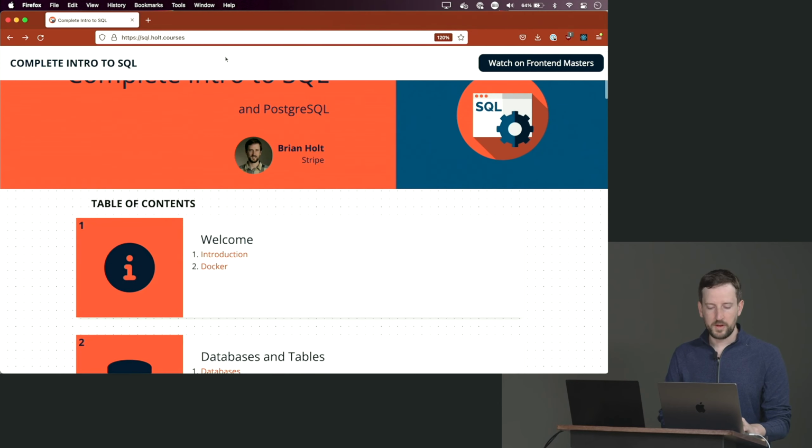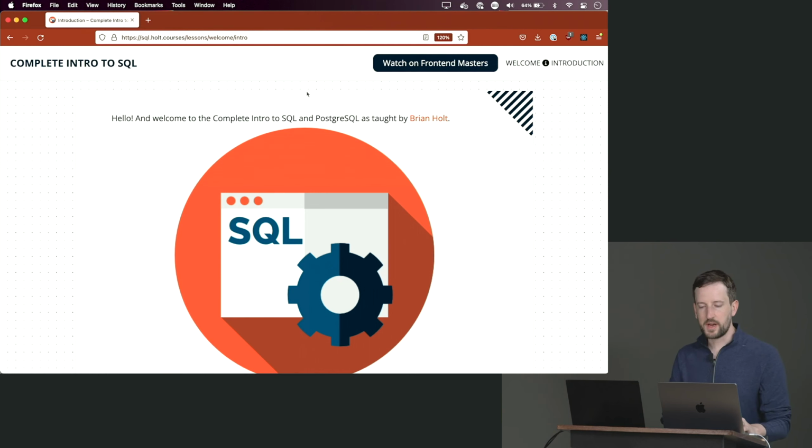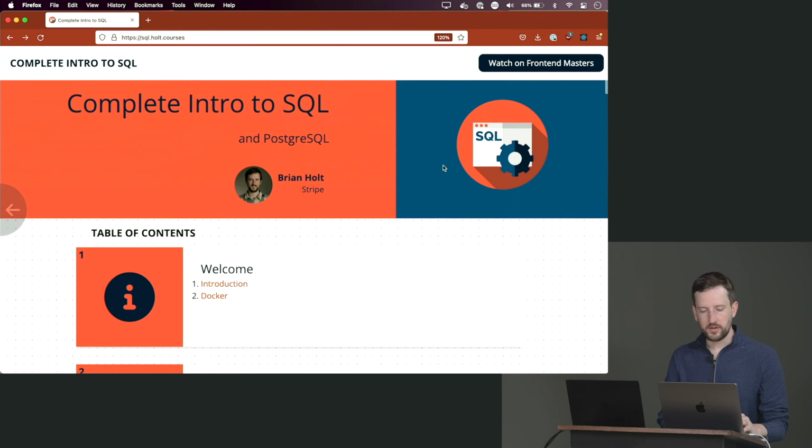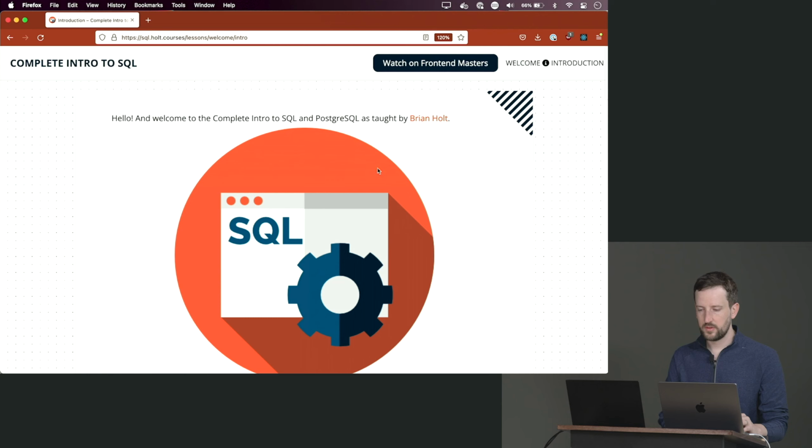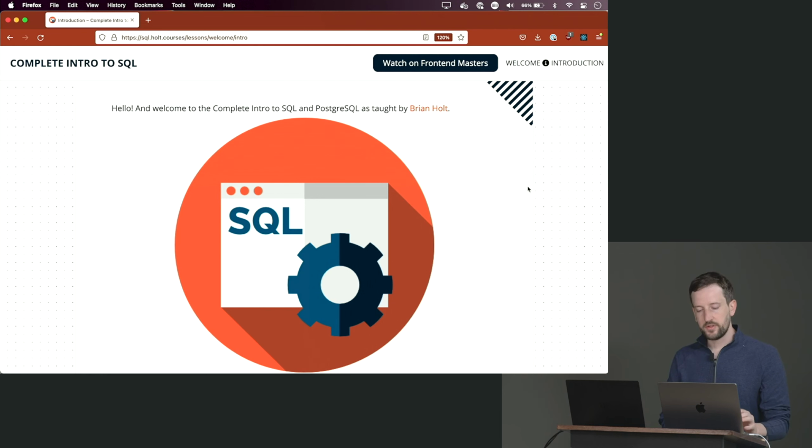Okay, so now that we've done that, we're going to click on the introduction. Just to show you how this works, up here in the top right, you see Welcome Introduction. This is the name of the section. This is the name of the lesson, so that if you jump ahead, or if you fall behind, or if you just want to know where I am, you can see the Welcome Introduction. It matches up so you can use a breadcrumb to find where you are. And with that, let's get into the introduction to this course.